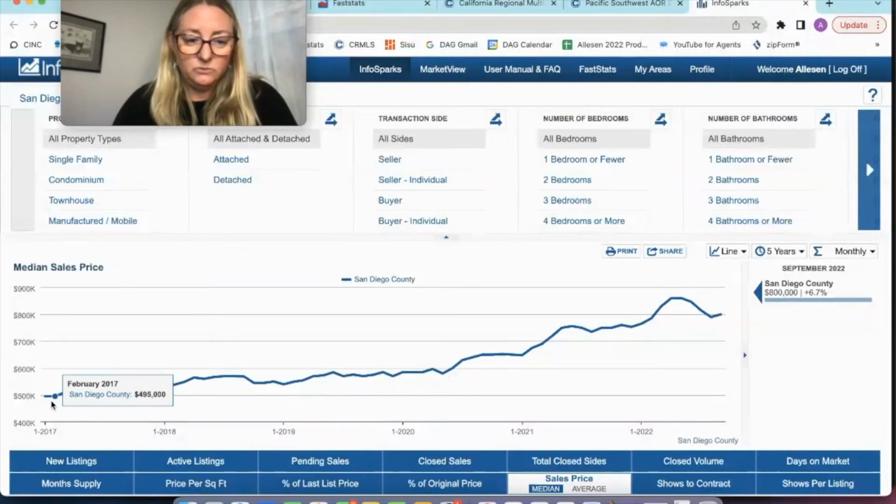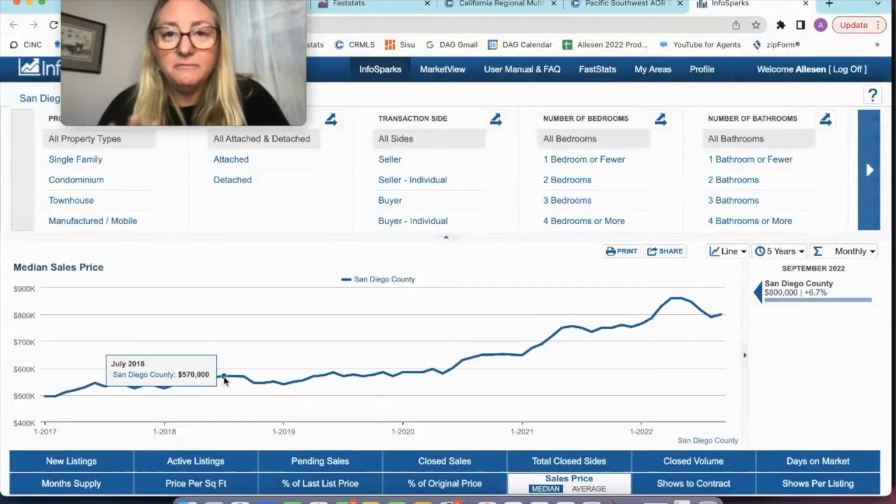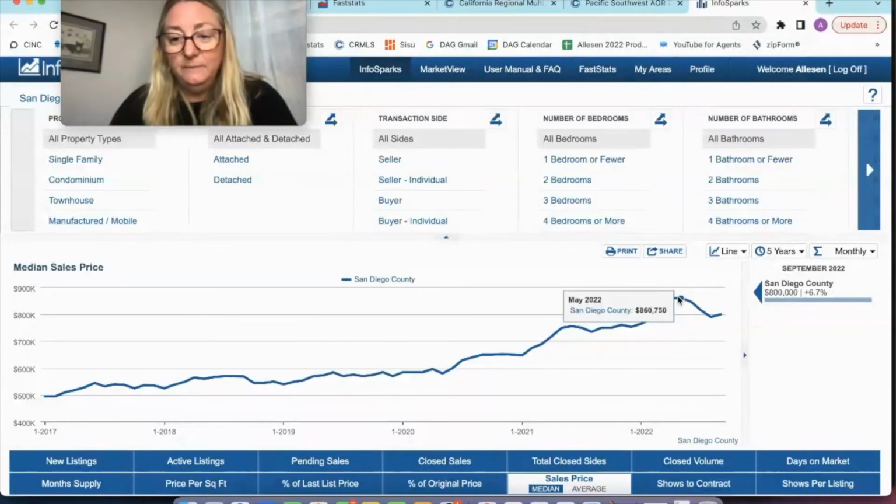So same 2017, it was the low in January, goes up, spikes in June, and then kind of dwindles back down until January. Again, spikes. And this is just what happens every single year. So the reality is if you want to get a deal just in general, it's better to buy towards the end of the year. And that's really the only way to time the market, because you can see now people